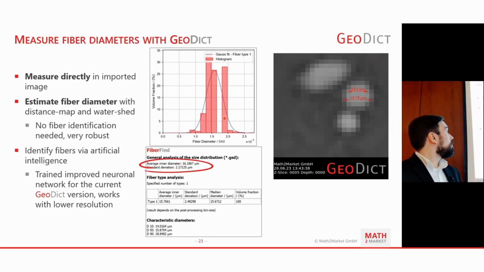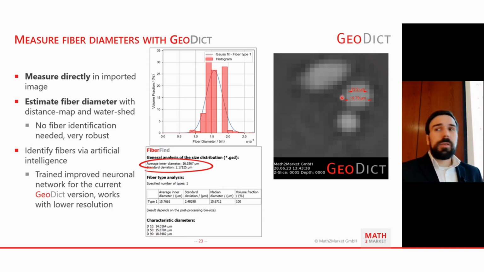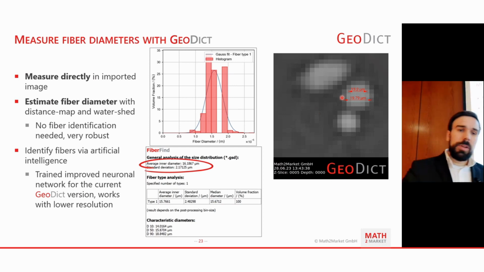The next thing we have in FiberFind is the diameter estimation. Again, we have the classical method that is working based on watershed and distance maps and some clever seeding algorithms. You don't need fiber identification for that either, but with FiberFind you get it too in one result without doing it individually. This one is, again, very robust as long as your fibers are roughly round and somehow resolved. So you don't need an image as well resolved as you need it in FiberFind AI. So if you only need fiber diameters, that is also a way to go.